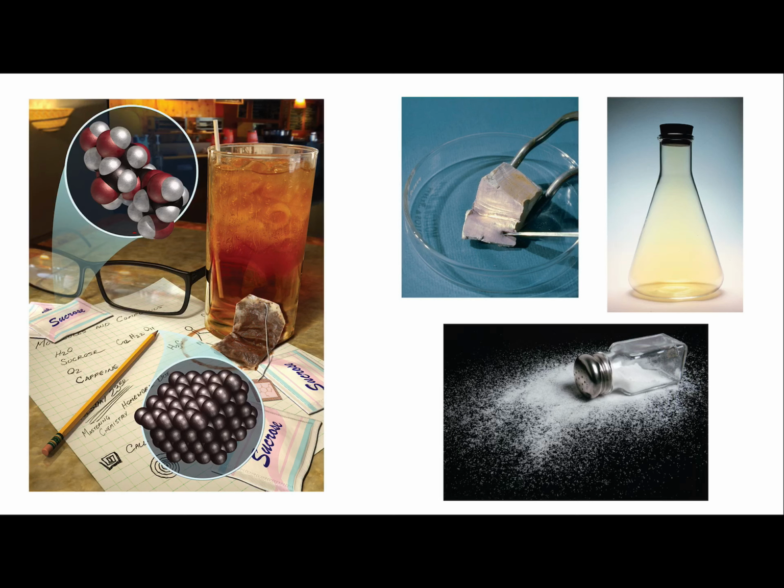So here on the left, we see table sugar. Now ordinary table sugar is called sucrose. Sucrose is a disaccharide made up of glucose and fructose, but we're not going to go into that here. Now, a sucrose molecule that's shown here contains carbon, hydrogen, and oxygen, and the properties of sucrose are very different from those of carbon, shown here in the form of graphite. So, while they both contain carbon,